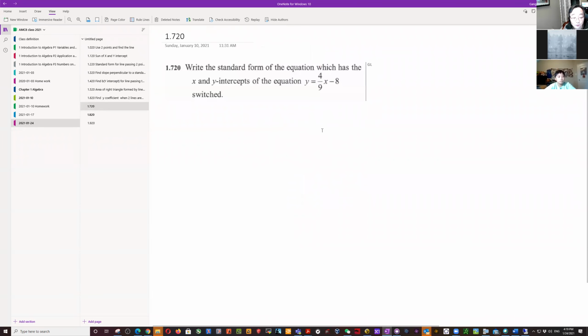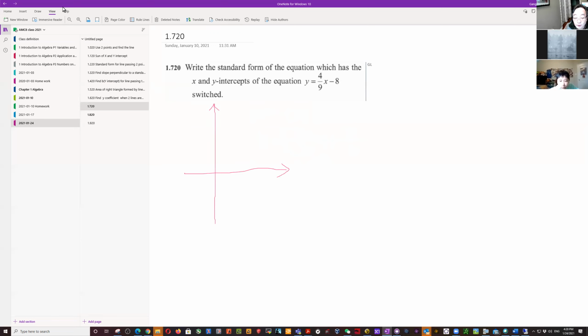And then let's try this one. Write the standard form of the equation which has the x and y intercepts of the equation y equals 4/9 x minus 8 switched. So basically, this problem is at least a two-step problem. First we're going to draw a picture to find the x-intercept and y-intercept. Also, we can just use the equation,